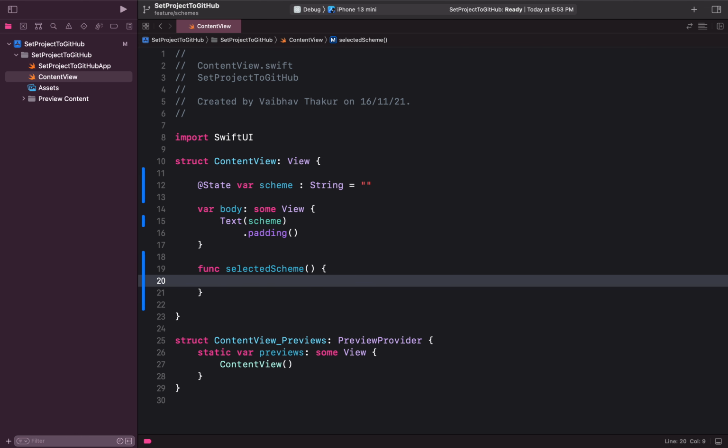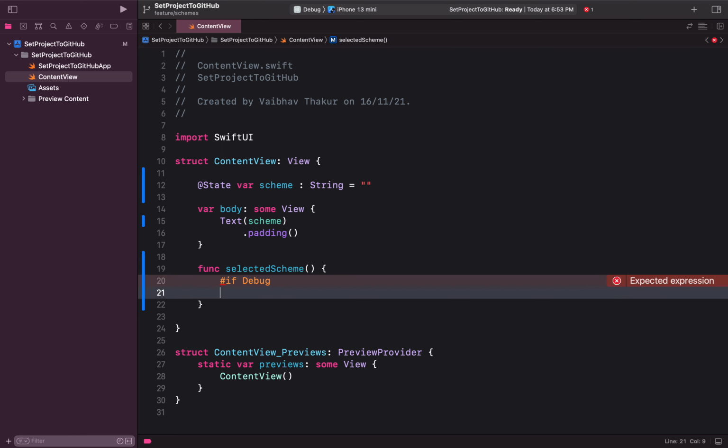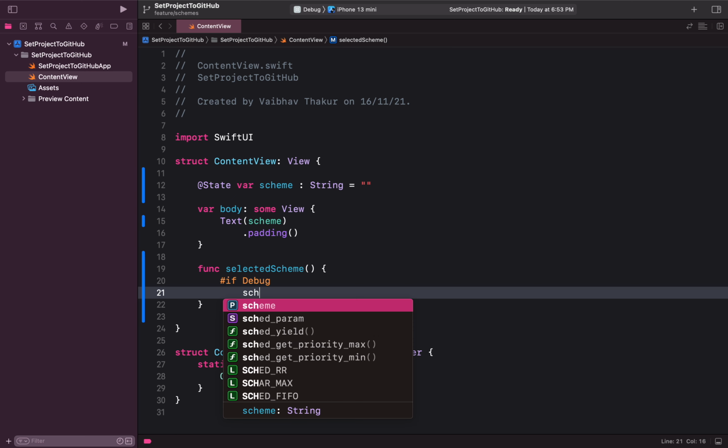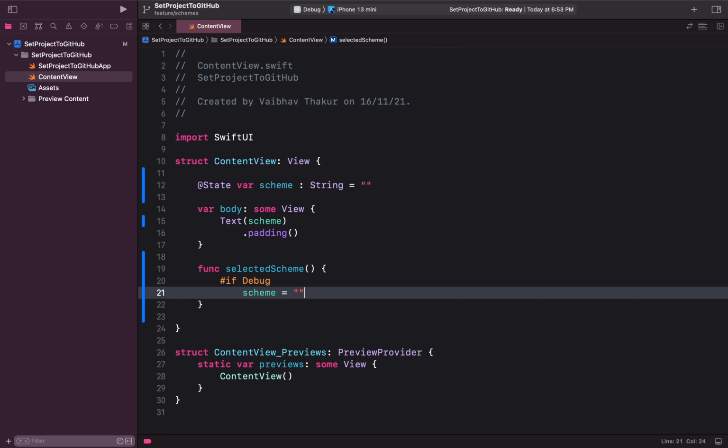To do that, we can use the if else statement. So just write this if, and if the scheme is debug, change the scheme name to something called debug.